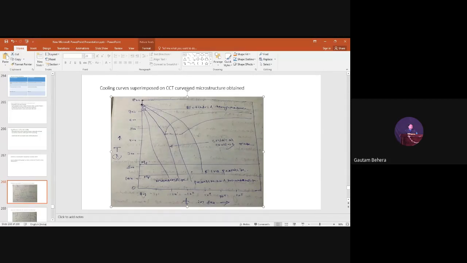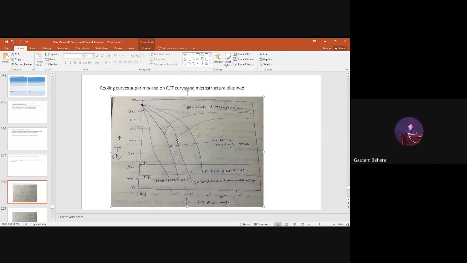You can see that this cooling curve is moving like this, and it is touching and crossing the first curve. And this first curve is the transformation start curve. That means some transformation has started only. That means some austenite is transformed into perlite, right? But it is crossing this line, that means it is not touching this line. This line is the finish line. So since it is not touching this line, that means some austenite has transformed into perlite, but some austenite is